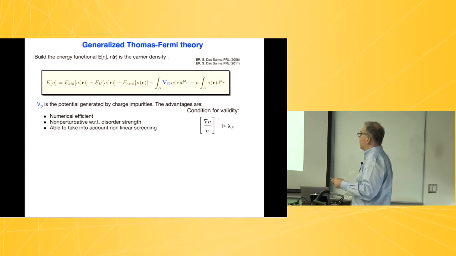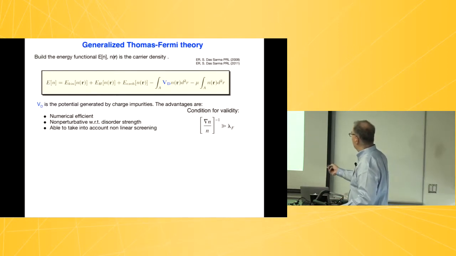So you have an exchange correlation part, which can be arbitrary, depending on how sophisticated you want to be. And then you have this term that basically couples